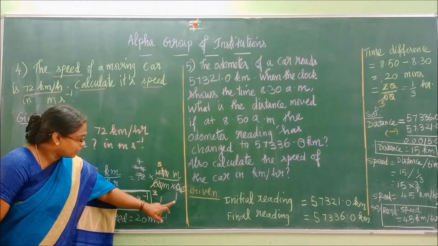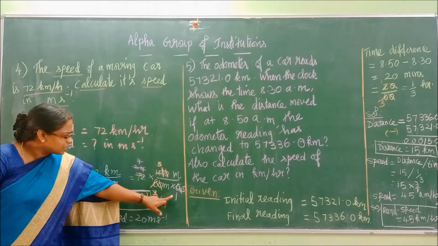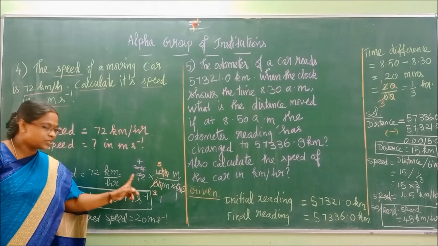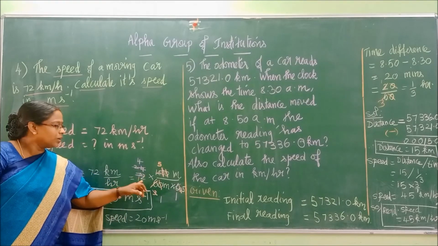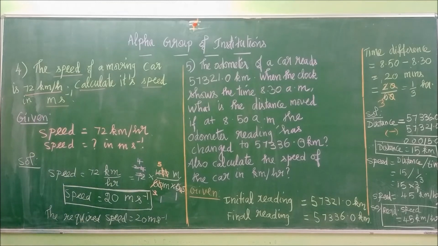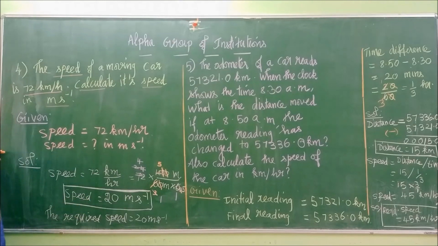And that I have struck out here 1, and here we have 72. 6 ones are 6. And here 24 we got. 6 ones are 6, remainder 1. 6 twos are 12, so 6 2 here. And what's the answer we got? 24 here. Right? Next one, what's the answer? When you get 4 into 5, you will get 20. So what is the required speed? You get 20 meter per second.